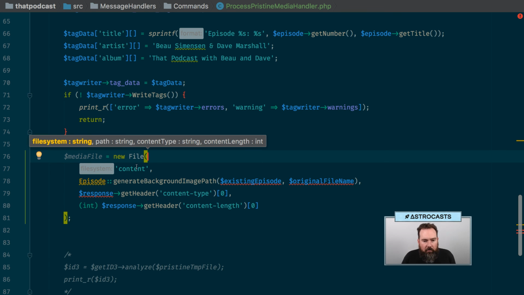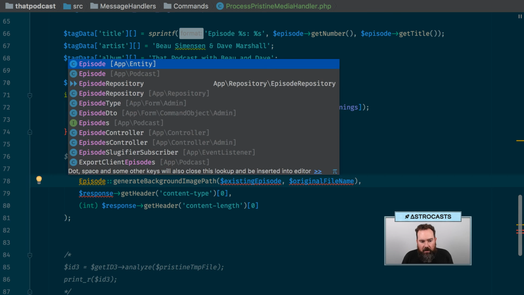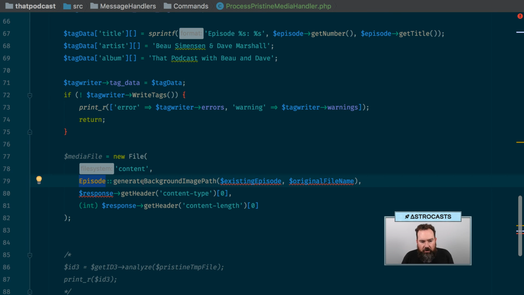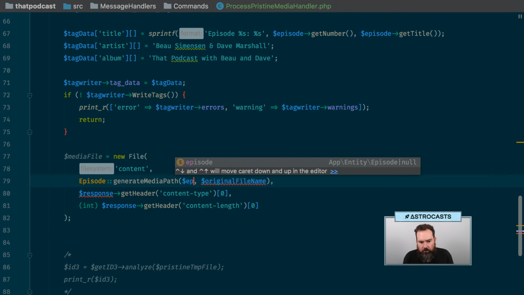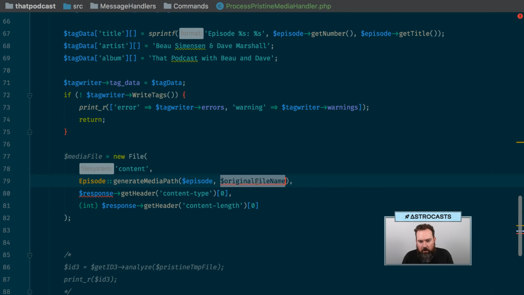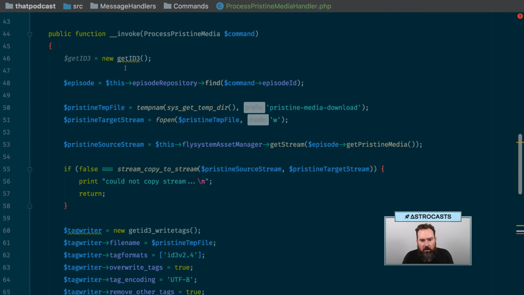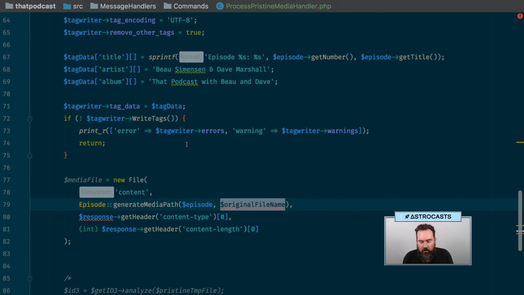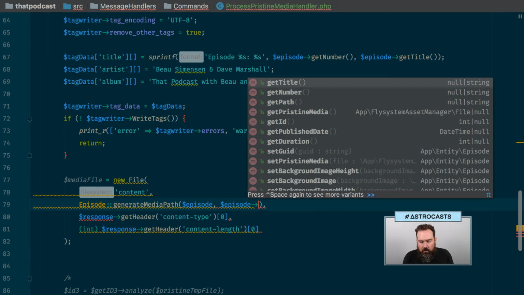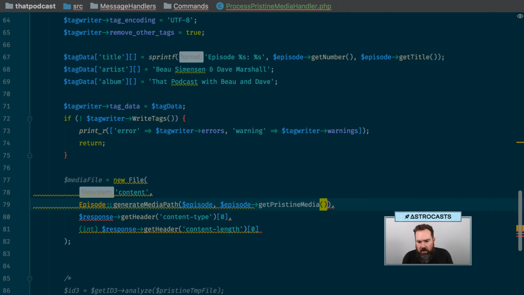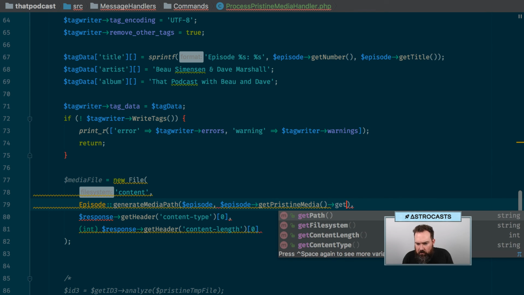We're going to use the content bucket. This again should be configured or something, but we're not going to worry about that right now. We're going to generate media path for the episode. And we are going to have to get the original file name, and we'll get that from the episode's pristine media. So we'll do episode get pristine media, get